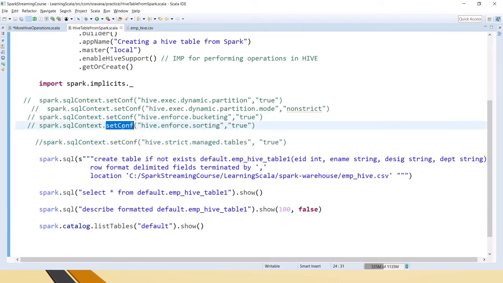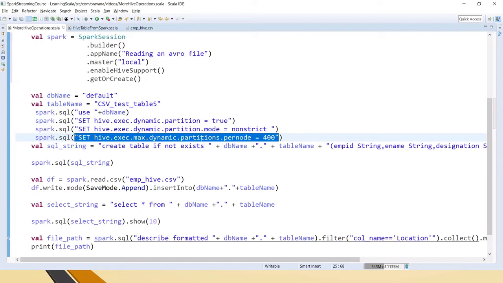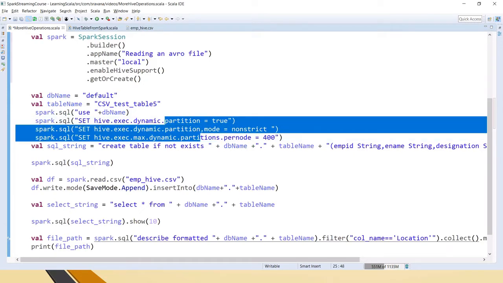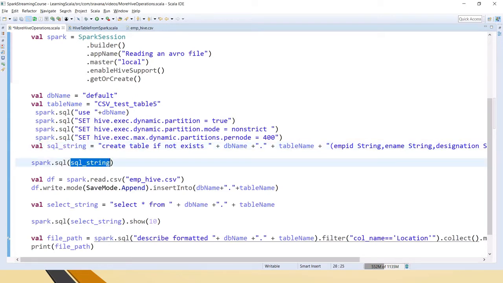This setconf is another method in this SQL context class, so that will be called along with these parameters. Okay, that is the difference. So now with all these things we are ready to create a partition Hive table, and when you add this here, this spark.sql is going to trigger this create table if not exists